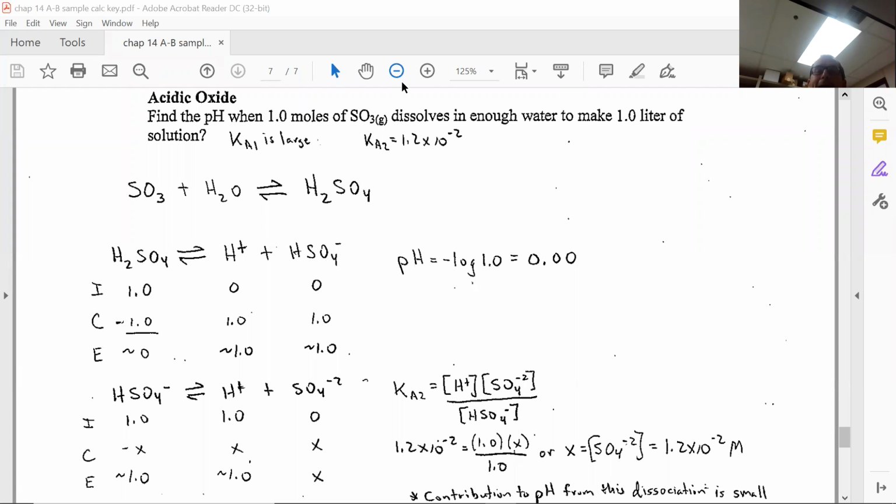We are going to look at oxides, of which some are acidic and some are basic. And we're going to start out with acidic oxides. And here we go. Find the pH when 1.0 moles of SO3 dissolves in enough water to make 1.0 liters